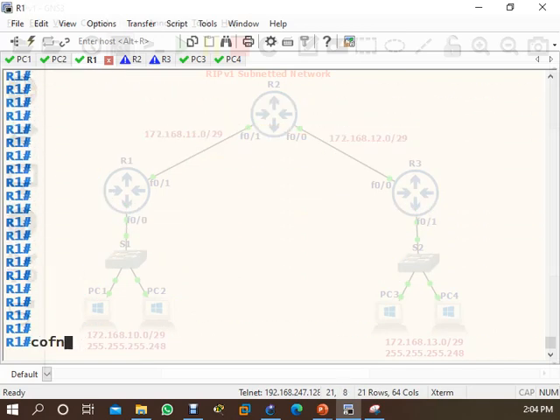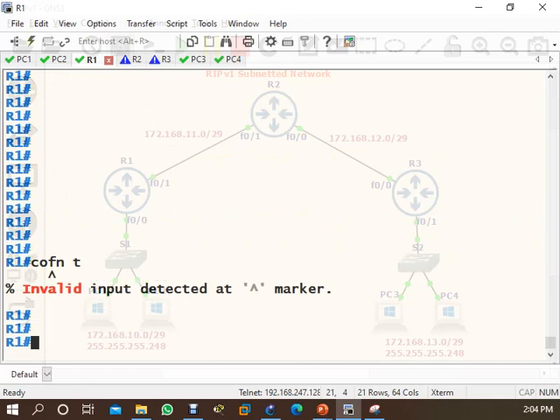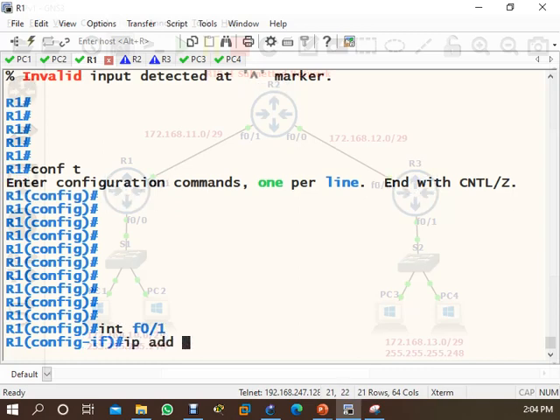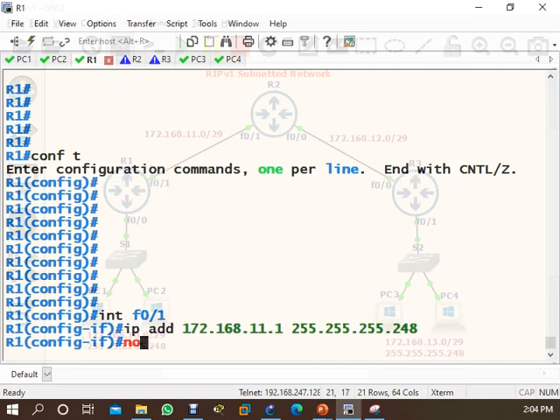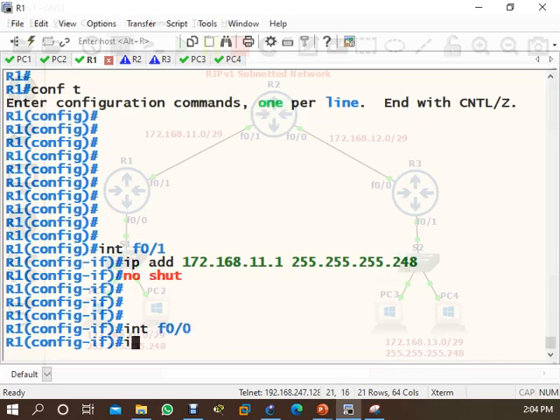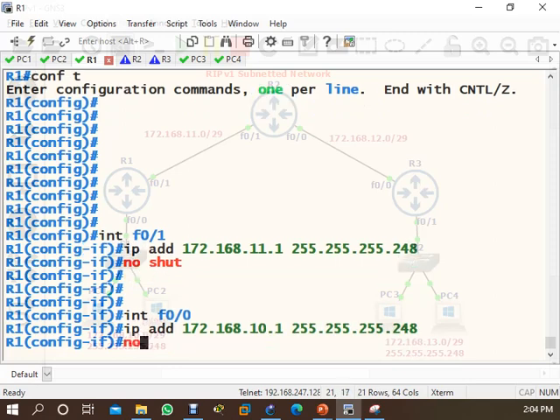So conf t, interface f0/1, IP address is 172.168.11.1. You will not communicate. Then interface f0/0, IP address is 10.1, no shut.